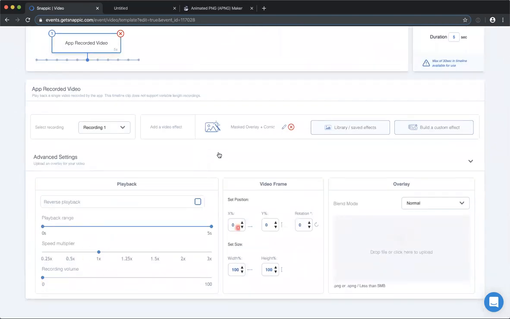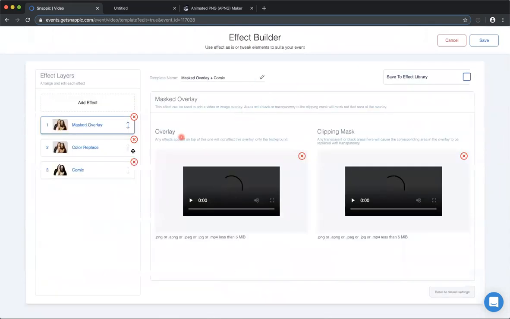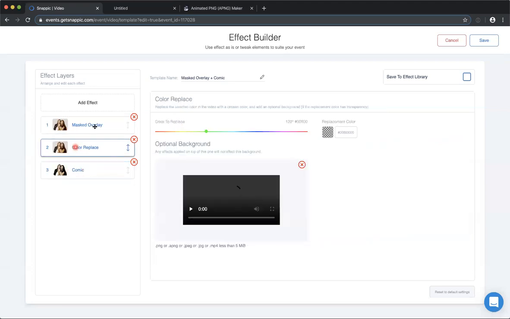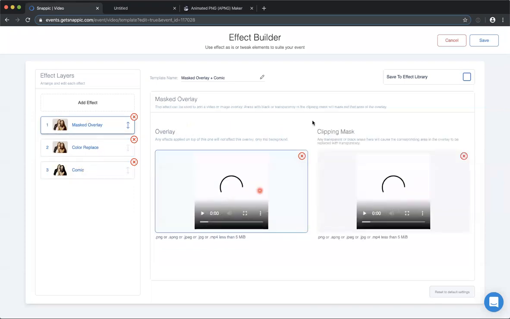So we're doing it at 1x, it's a 5-second recording, and we've got this mask again, but we've just applied the color replace to give us the green screen background. You can obviously do it without that, and then apply a comic effect to the actual subject and the background using this effect here. And the mask overlay